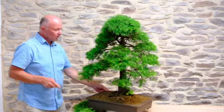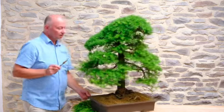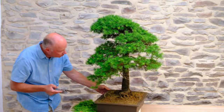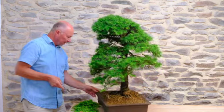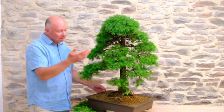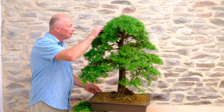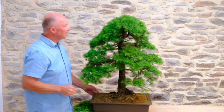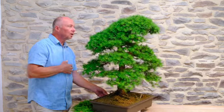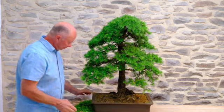Yeah, so that's most of it. There's a few stragglers lower down, nearly there. Well, I think that's most of them. I mean, I could probably keep going round and round and finding other little ones hiding in there, but generally that seems to be back in shape now. So there we go. All pruned